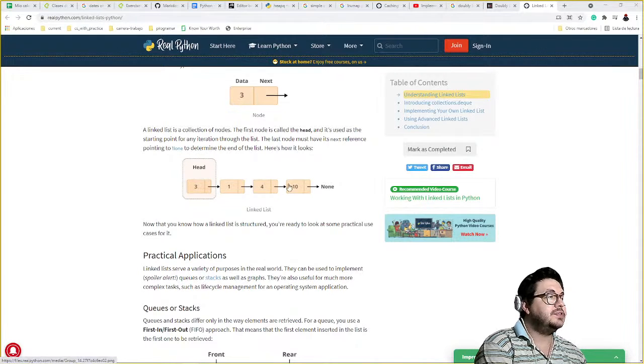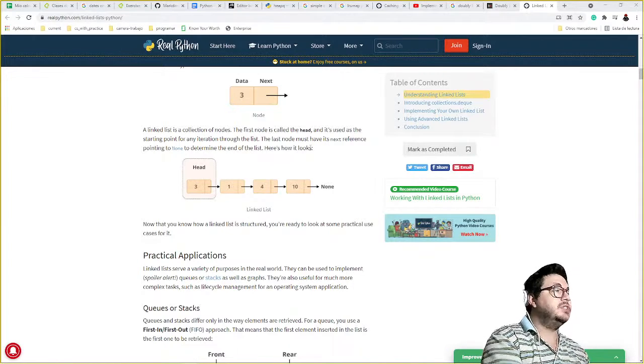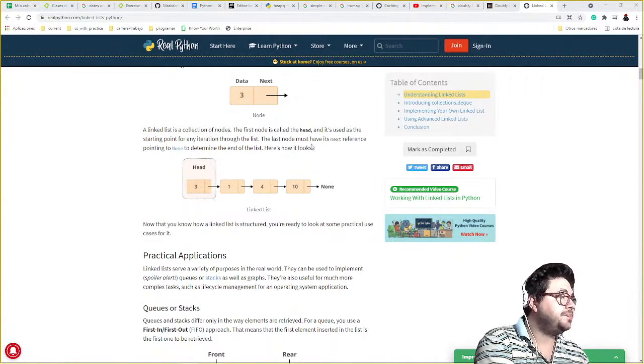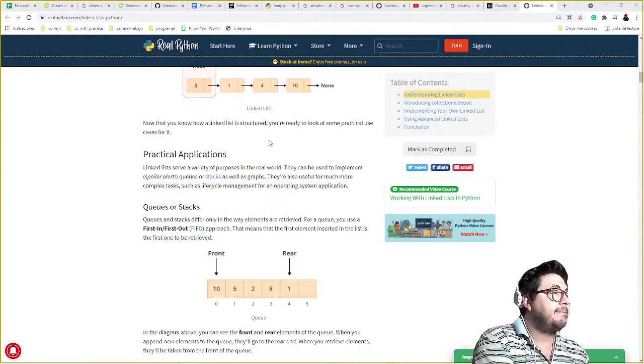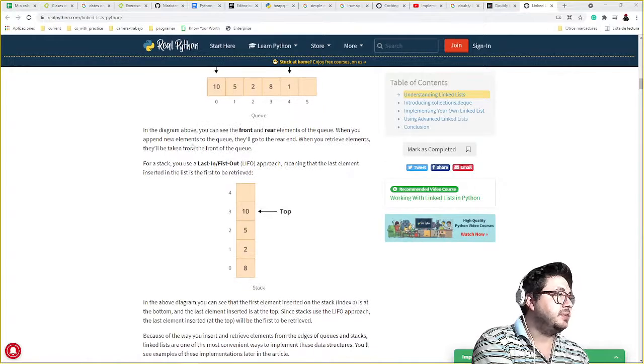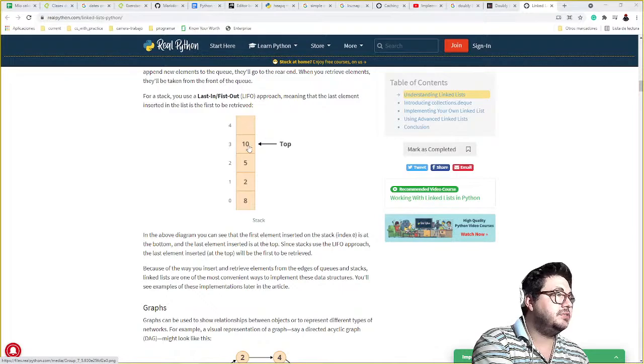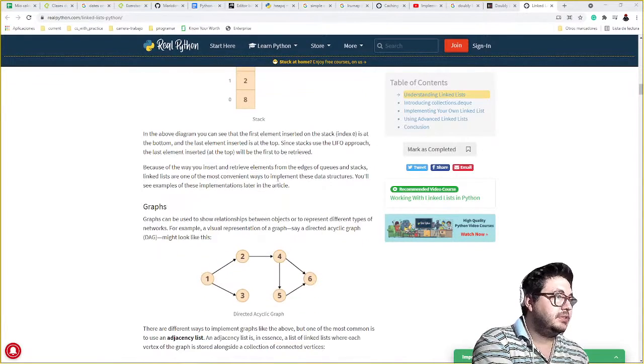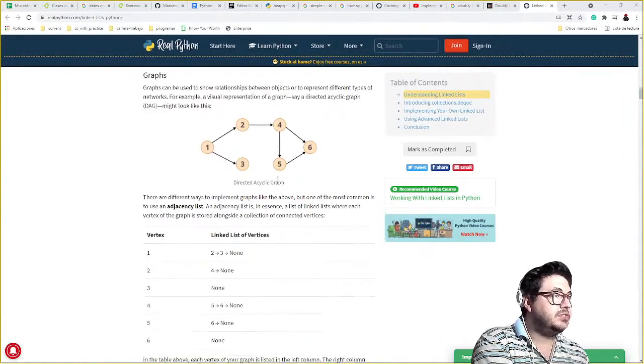A collection of nodes. The first node is called the head, and is used as the starting point for iterations through the list. The last node must have its next pointing to None, to determine the end of the list. A similar purpose can be used to implement queues or stacks. I mean, queues or stacks. I don't care. Yeah, in a stack you put this, you remove this, you put this. Okay, graphs can be used for relationships.